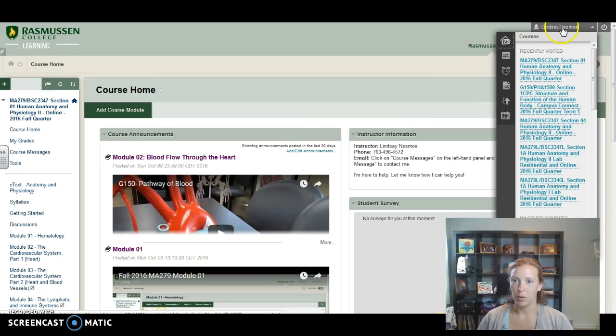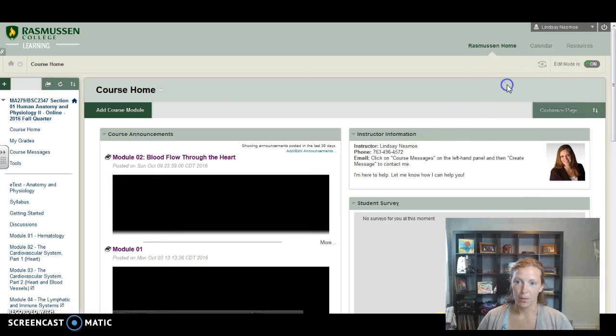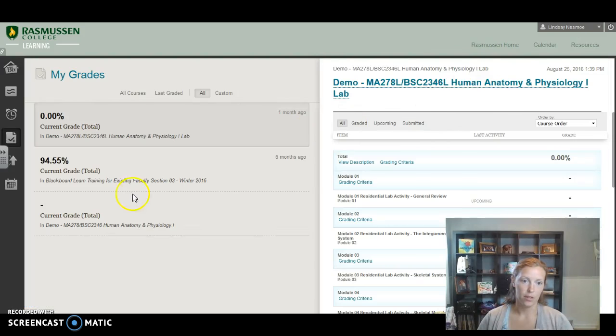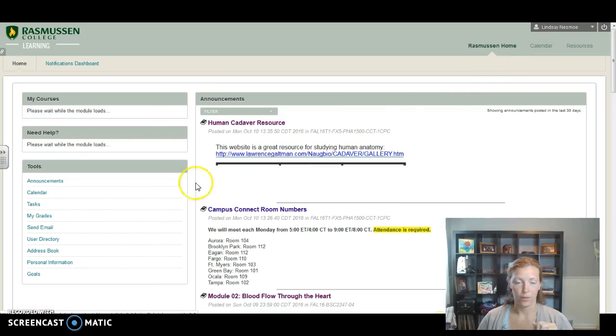When I click on my own name, or you click on your name at the top, there are several shortcuts here. The one that looks like a little check mark on a piece of paper will take you to your notifications, and it'll show your grades in different classes, as well as the descriptions of what has been turned in, what's not graded over here on the right hand side. So that's my favorite way to get into grades, but you can access that however you find to be the easiest.